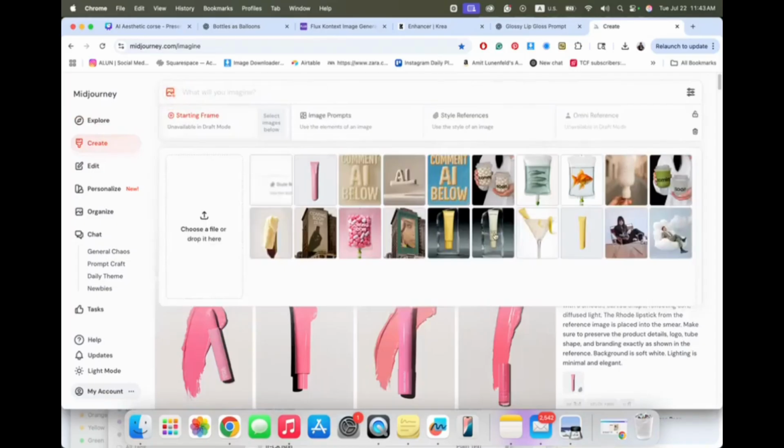How it works. We can use images that we created on ChatGPT. We can use original images. We can start with prompts only. It's really up to you. This here is for videos, so we're going to use it later on. Image prompt: you can place here an image of what you want, and it will take it as a reference. Style reference: you can take something that has more of the atmosphere, the color brands, all of those things that Midjourney can replicate. This is unavailable for us, so it does better.